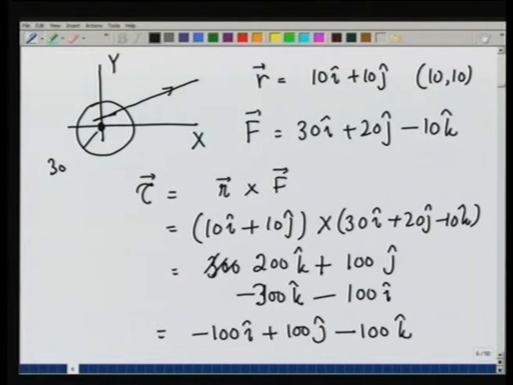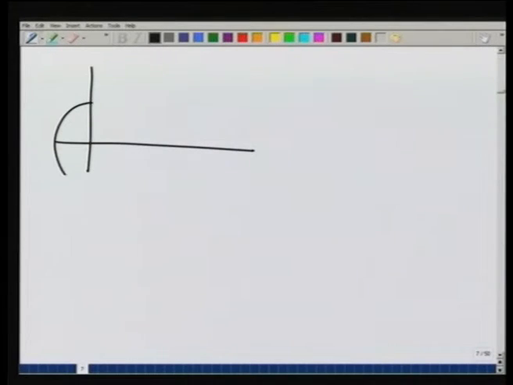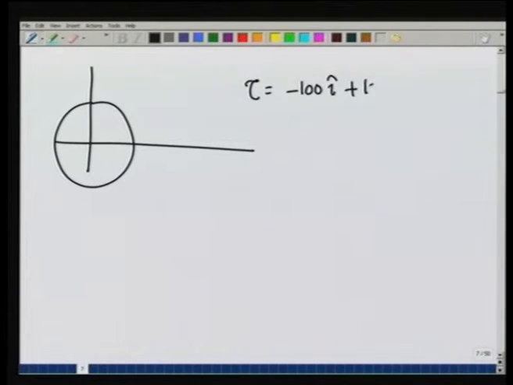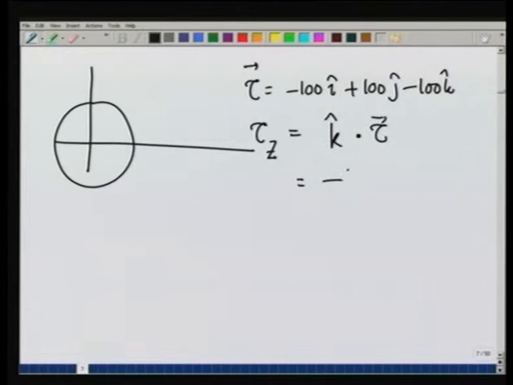That is the total torque, but I want to find the torque about axis z, because this disc is free to rotate about axis z. So, that torque, let me make the picture again. Here is the disc. The torque came out to be minus 100 i plus 100 j minus 100 k, torque vector. So, torque about z is going to be k dot the torque, and which is going to be minus 100